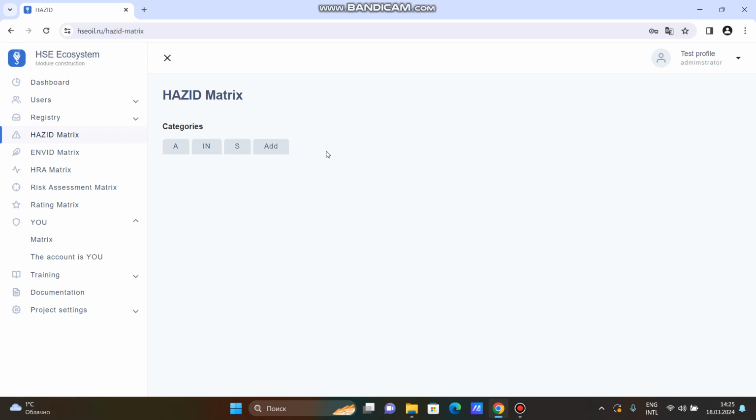Every work has its hazard, which is defined based on some factors. We call them keywords. We'll speak about them in detail later, and now I need to spot the difference between hazards identification, environment impact identification, and health risk assessment. So we have already discussed hazards identification matrix,